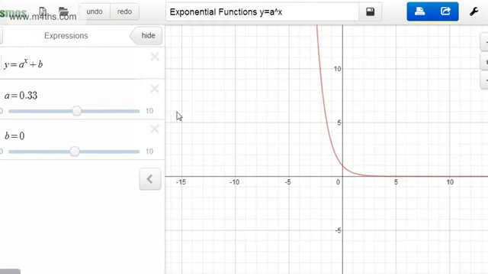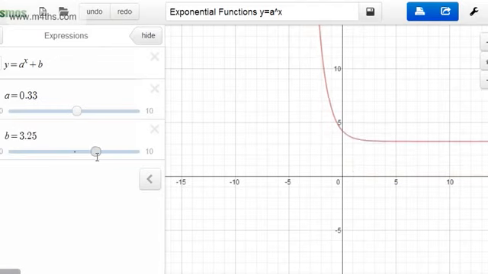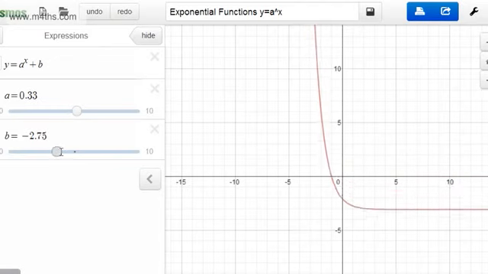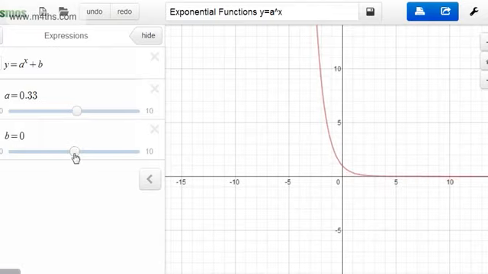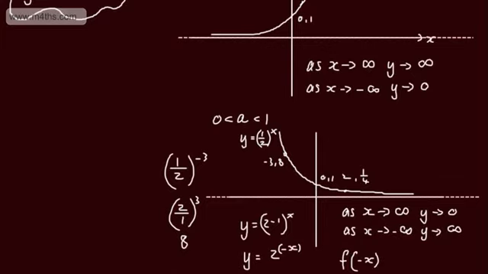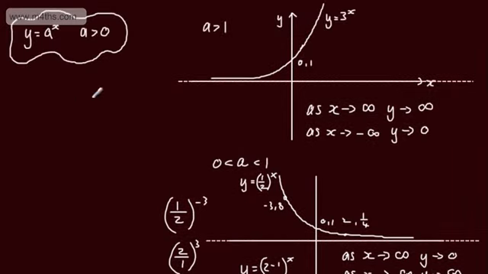So we can see that this is going to be a reflection in the y-axis of 3 to the x, as that's 1/3, which is 3 to the -1. Again, we can move this up and down, and we will have a change in the asymptote. So that gives us a rough idea of what we've got. All of the graph transformations that you've met before can be applied to these curves. So what we're going to do is just work through some basic questions and look at